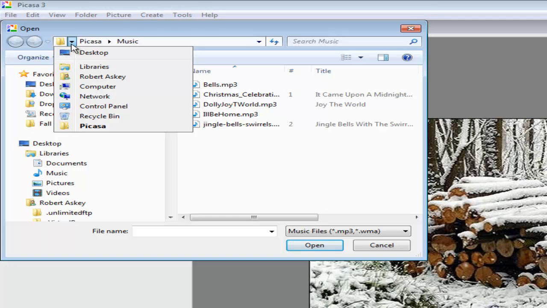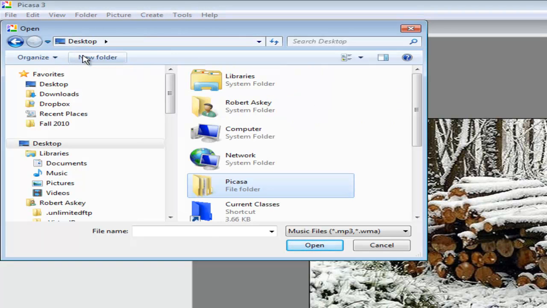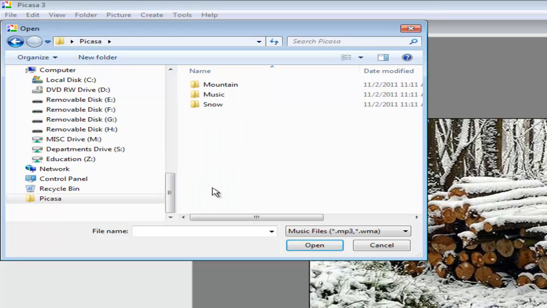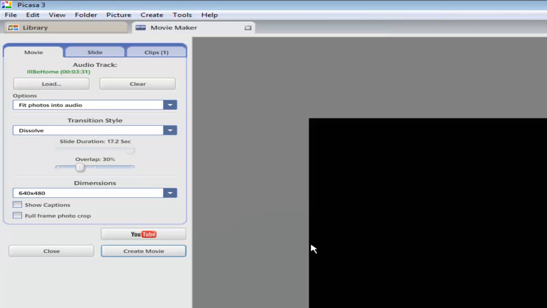I'm going to navigate to the desktop, because I recommended save it to the desktop, but you know where yours is saved. I'm going to open up that Picasa file, and then right there you can see mountain, snow, and music. Obviously it's in the music one, and then you can pick whichever one of those MP3 files you like to go with the project. I'm going to stick with I'll Be Home for Christmas and say open, and then when I go ahead and hit play,